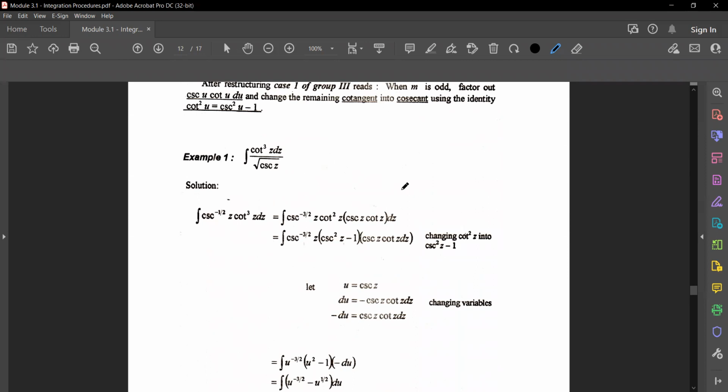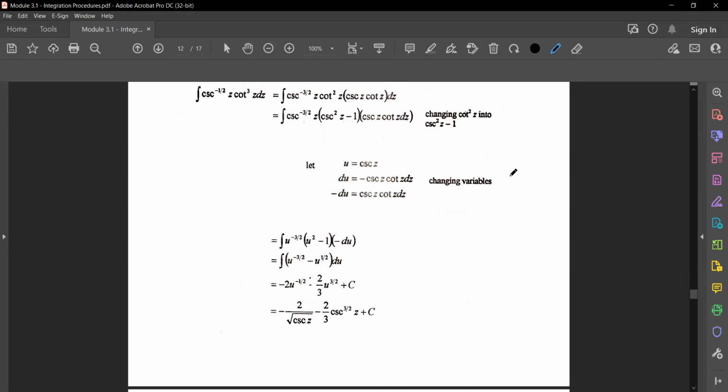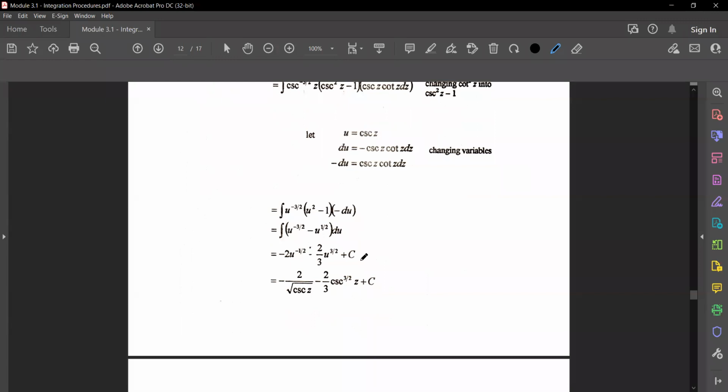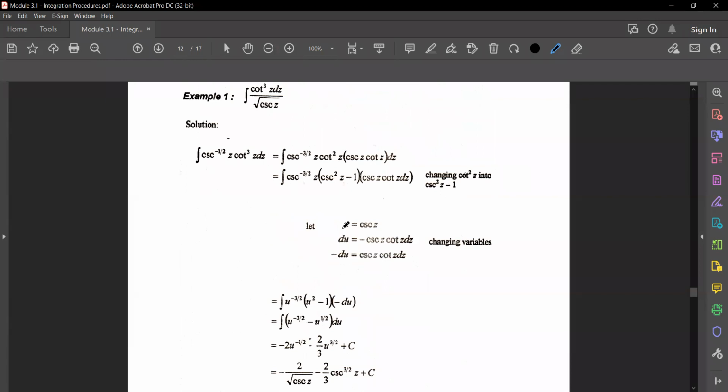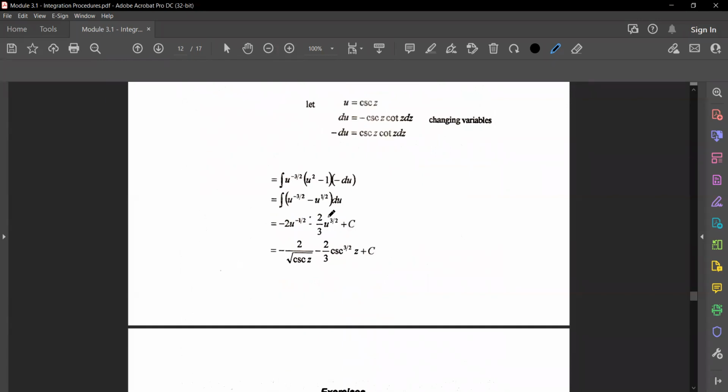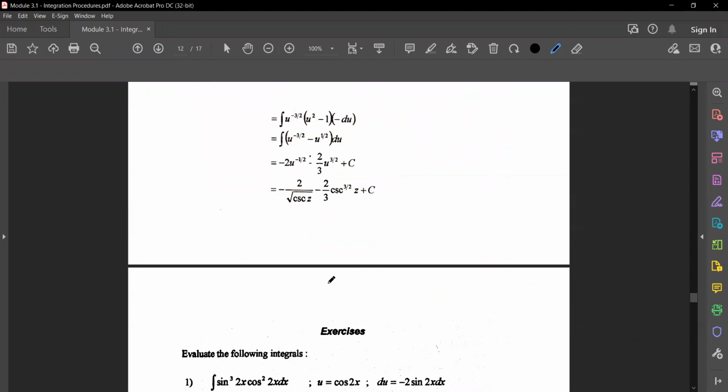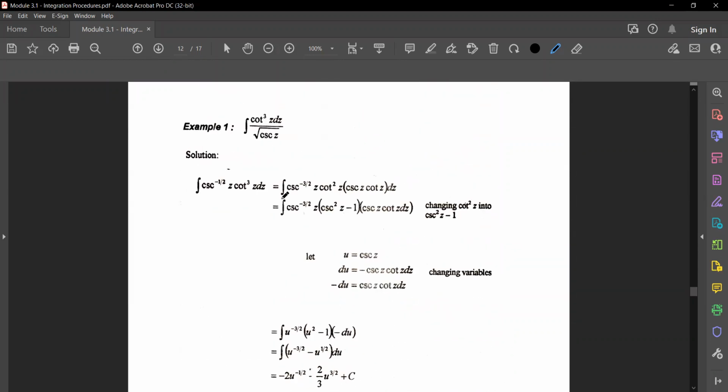So factor out, substitute the trigonometric identities, then let u or let something a variable, then proceed with the integration using the general formula. Okay. You just need to expand this one. So tingnan natin to, isang example lang, no? Group number 3. Then may exercises kayo. Okay. Tingnan natin. So this is cotangent cube,